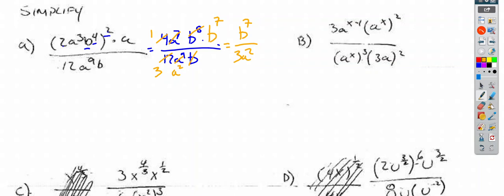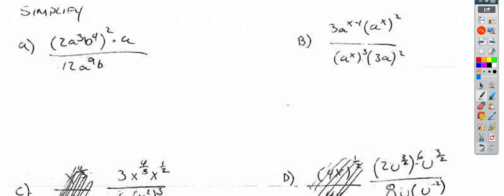All right, so let's take a look at b. Now b is going to be a little bit longer than that one. I just want to review some quick rules of exponents. And we have 2 that we used in question A. We said a to the x to the y power is equal to a to the x times y power. We had a to the x times a to the y is equal to a to the x plus y. This is when we add